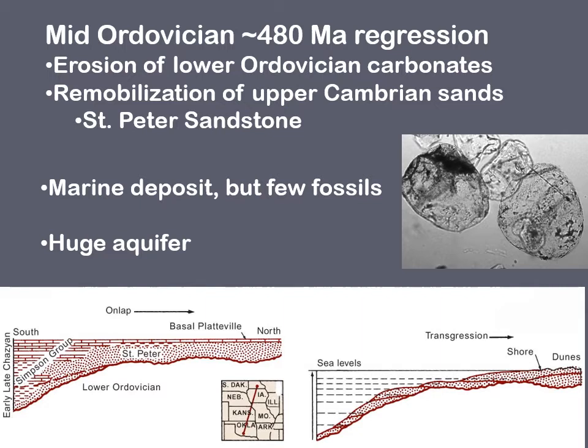The St. Peter Sandstone is a huge marine aquifer, but we don't find a lot of fossils in it. In fact, a vast majority of the water that we have in the Midwest is stored in the St. Peter Sandstone. It extends all the way down to southern Oklahoma, but it's underneath a lot of limestone and dolostone by the time you get there. But here in the upper portion of the Midwest, it's very, very close to the surface. So as it rains and as we get snow melt, it fills up that sandstone unit from the middle Ordovician.